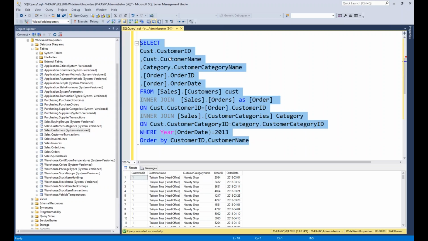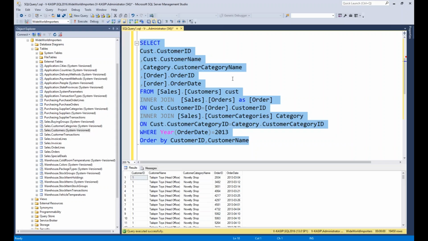In other words, sir, if we do group by year, then we'll have only one group. If we have more than one group, it means there is some order in a different year. Okay, if I do the group by, there will be only one group. But I need not go to that much level. I can just take this one as a temporary table and filter on this table, checking as a subquery, year of date.